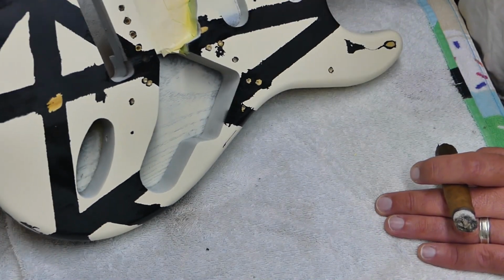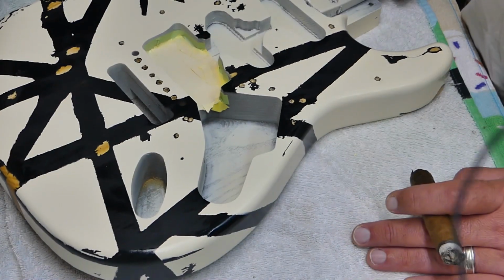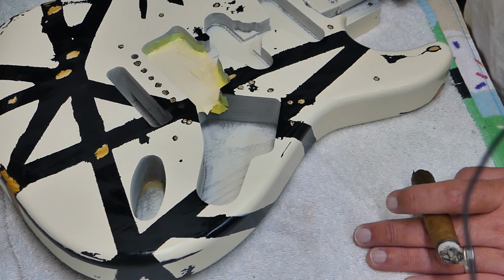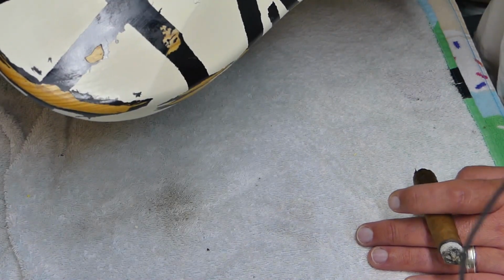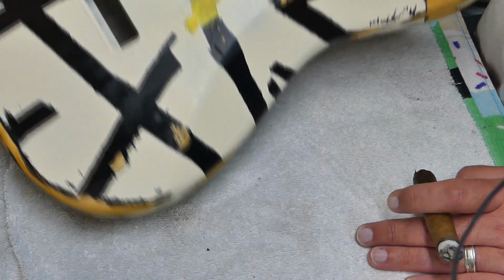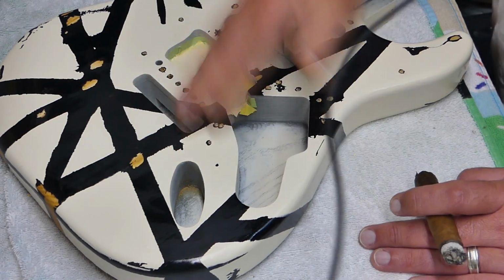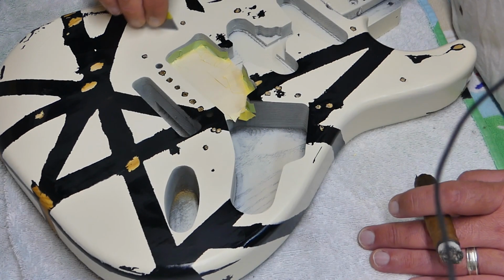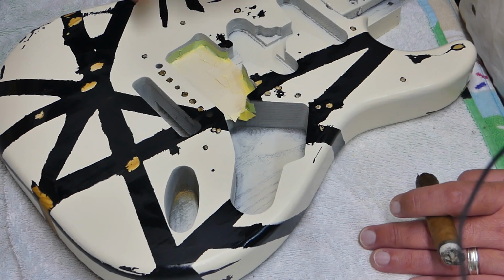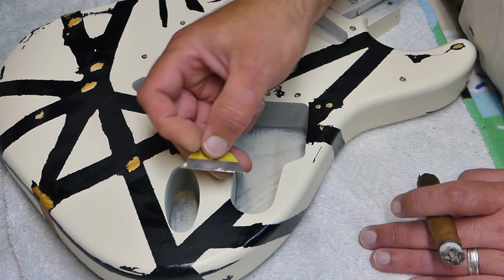So I've already showed you how to do all the naphtha and getting the adhesive off. So that's going to be the next stage. I'm not going to shoot that probably. And what I'll do is once I get that cleaned up, I'll come back and then we'll start doing the razor work. Which, you know, when you remove it, that's one swipe